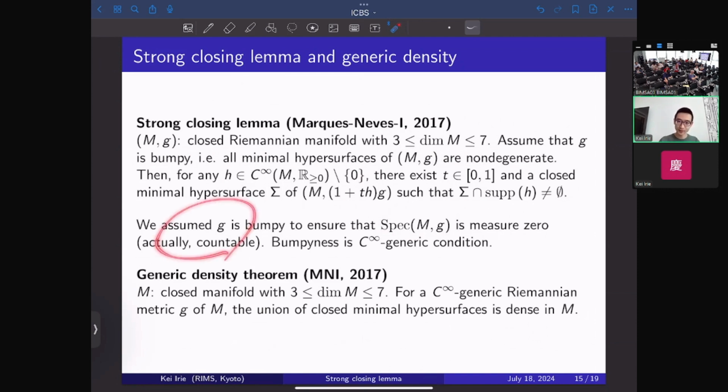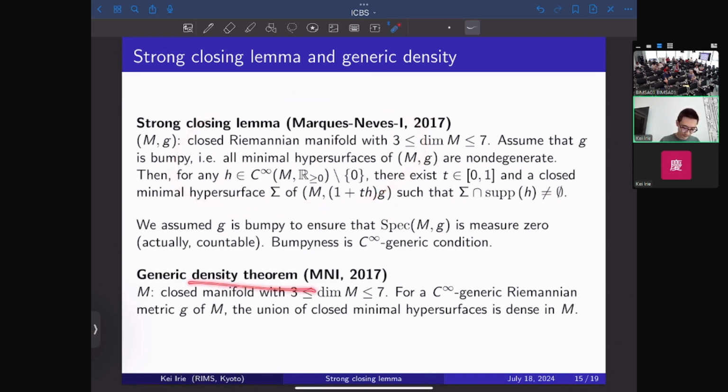Except for this slight issue, the proof of this result is completely parallel to that of the strong closing lemma for geodesics on surfaces, which I explained. And the bumpiness is a smooth generic condition, so there is no trouble to apply this closing lemma to prove